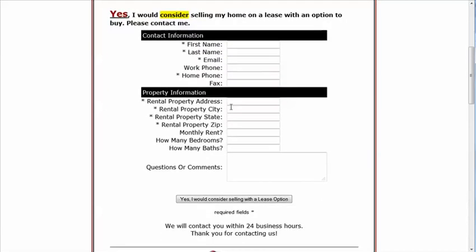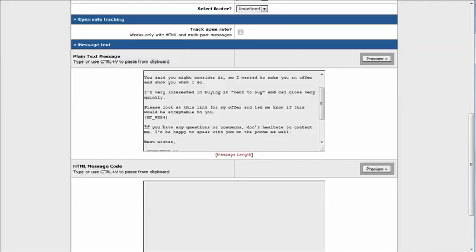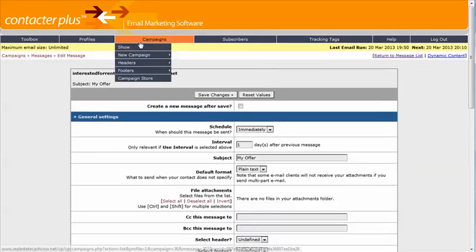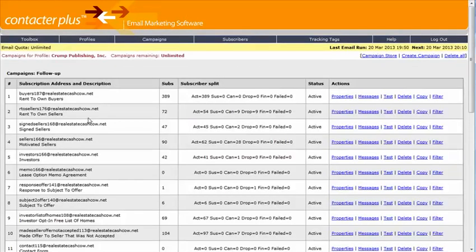And it also allows them to fill out this form and tell us about their property if they want to do it. And by the way, if you get somebody who fills out this form, when they click on this button, it goes into a campaign on Contactor Plus. Let me go back to the campaigns show. It's going to go into the rent to own seller campaign, so they're going to start getting emails from this